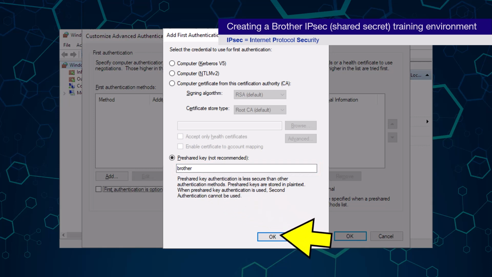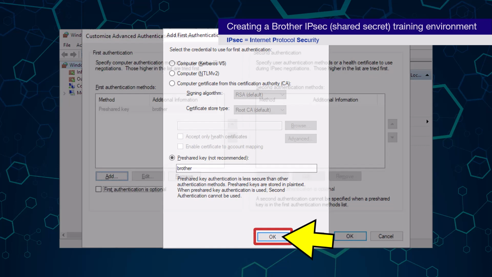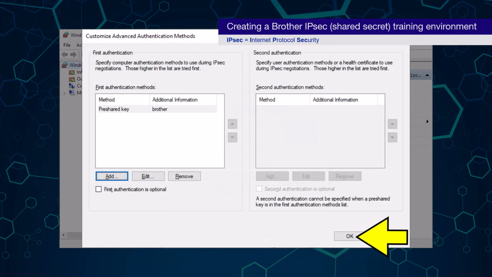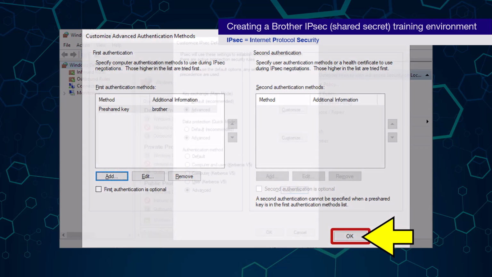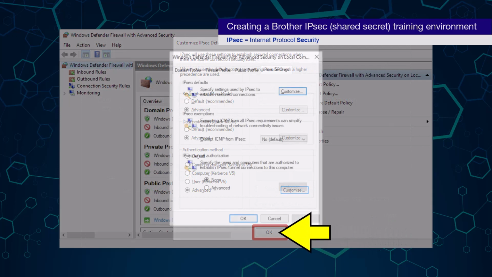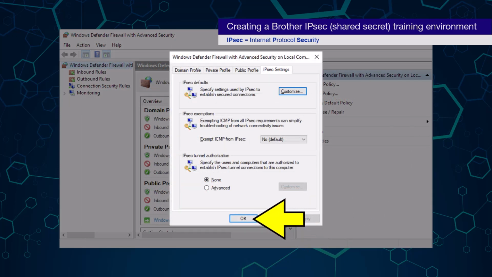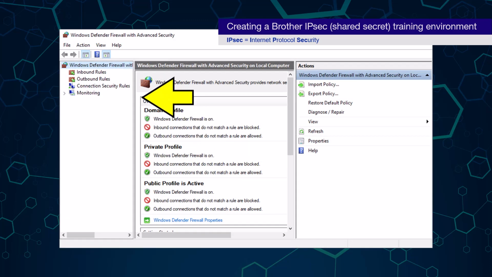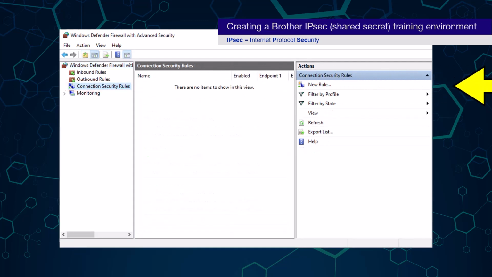To confirm this setting, I'm going to click the OK button here, as well as here, and here, and finally here. I now need to select the Connection Security Rules option, where I'm going to create two rules.